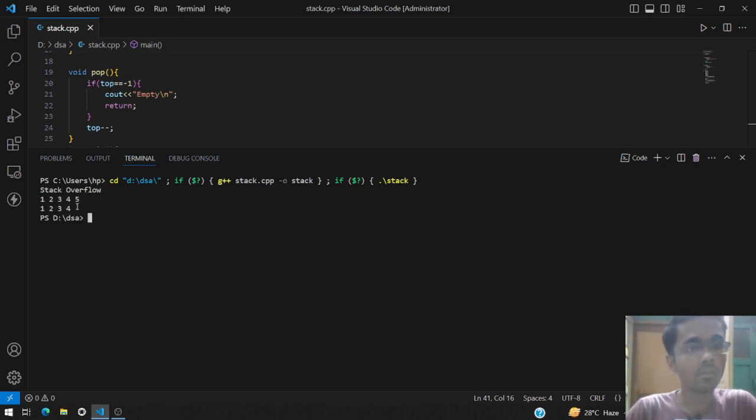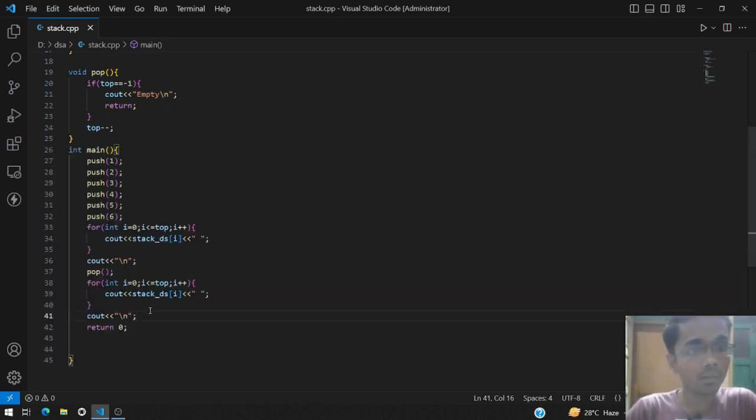As you can see, the element with value 5 is removed, and we only have 4 elements. Actually the element 5 is not removed, it's just that we have decremented the top pointer, and we are displaying only 1 to 4.